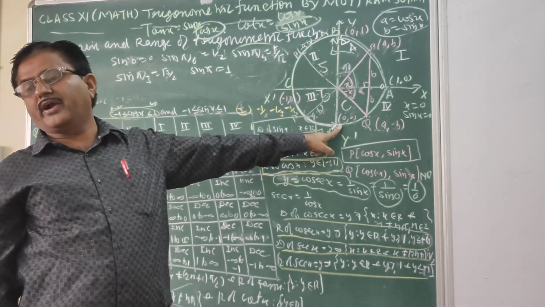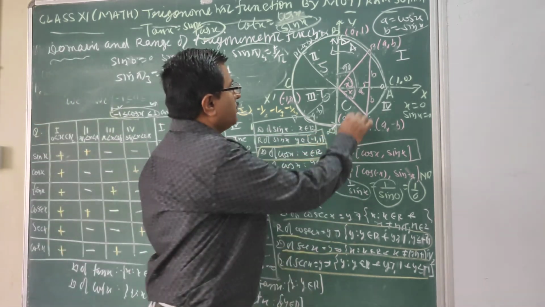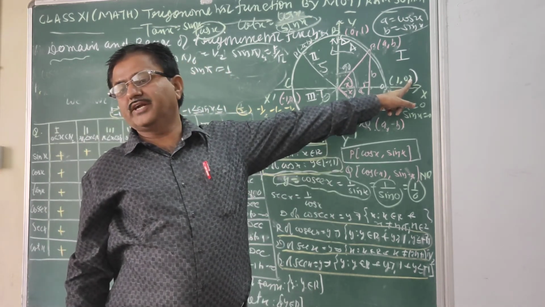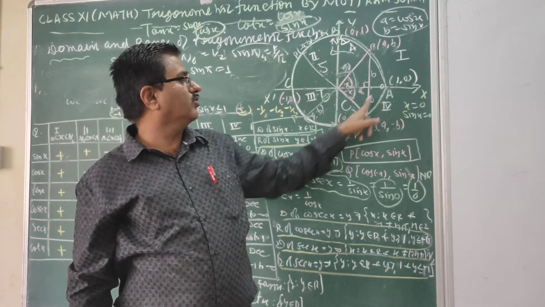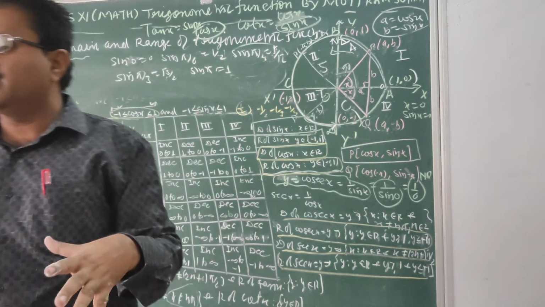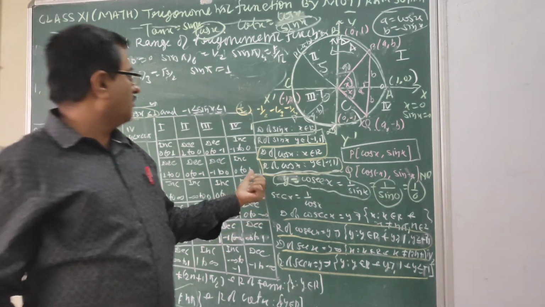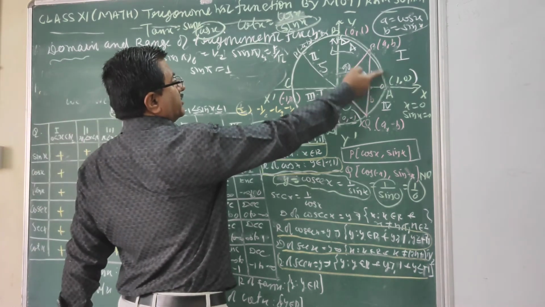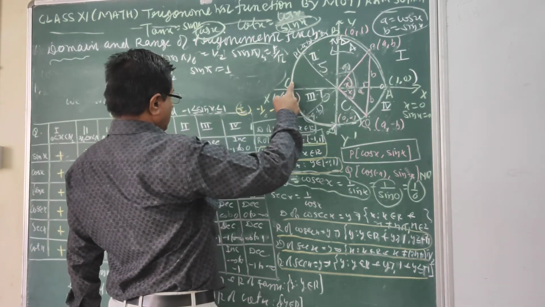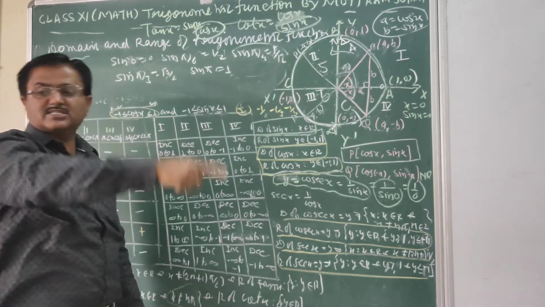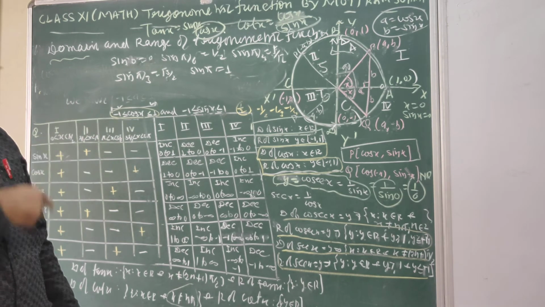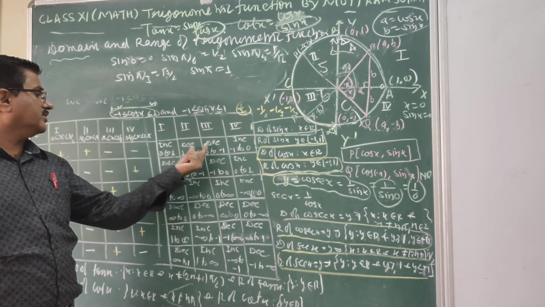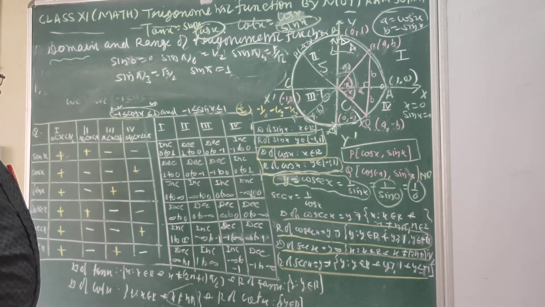But in the fourth quadrant, you can see the value of the y-coordinate goes from minus 1 to 0. Since 0 is greater than minus 1, in the fourth quadrant the value of sin x is increasing from minus 1 to 0. Is this clear? So for sin x you can say increasing, decreasing, decreasing and increasing. You can take any angle or any revolution and observe this. Is this clear?